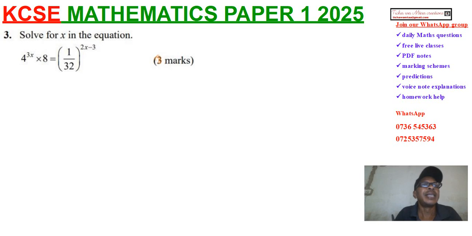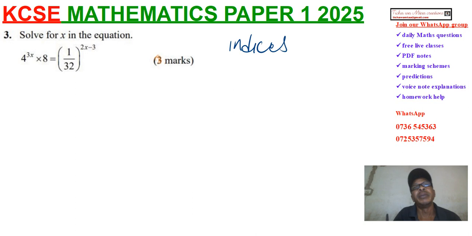This is question number 3, 2025 KCSE mathematics paper, and we are supposed to solve this equation: 4 to power 3x multiplied by 8 is equal to 1 over 32 to power 2x minus 3. Before we start the question, this question is from indices,